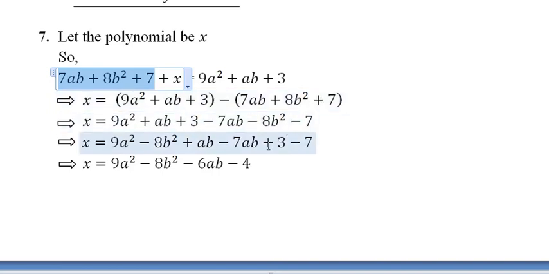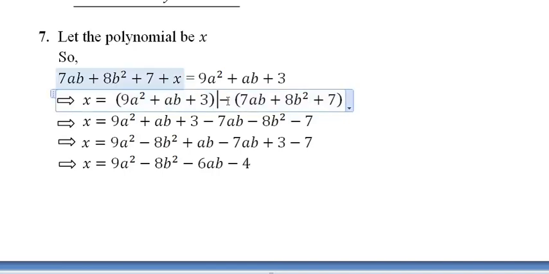Okay, and out here this 7 is actually plus, isn't it? So it will be minus out here. The sign will be changed, and this sign will be changed for all these terms. Okay, so put them inside the bracket, just like here I have put them inside the bracket, and the sign will be minus. Okay, now apply the same method that we had learned in question number 5.